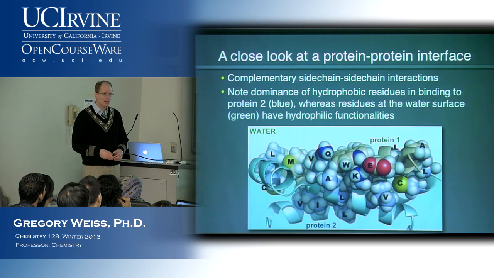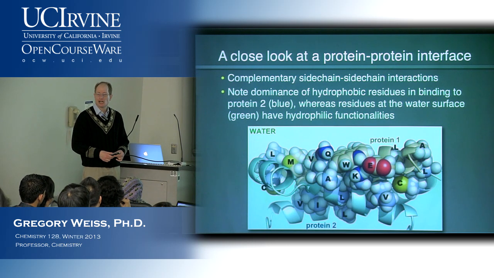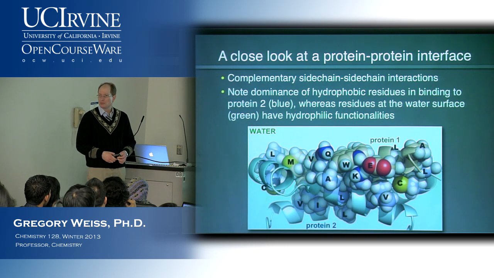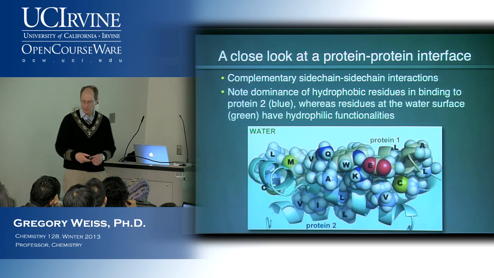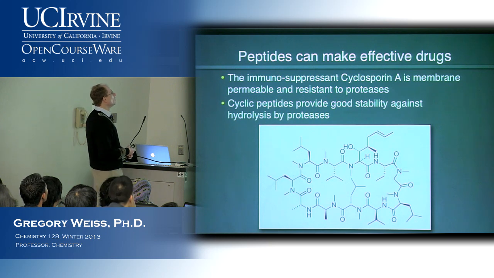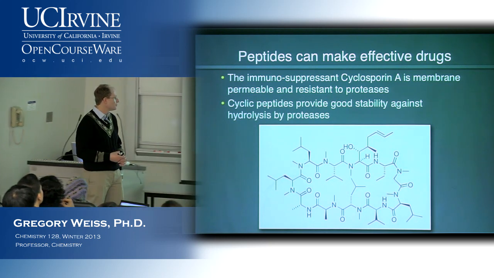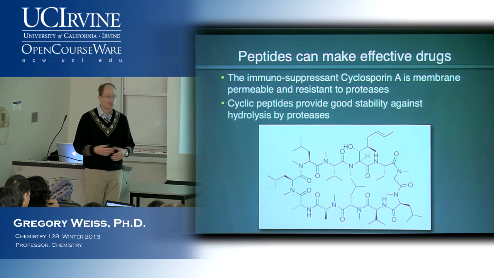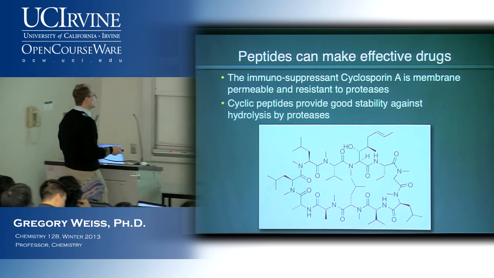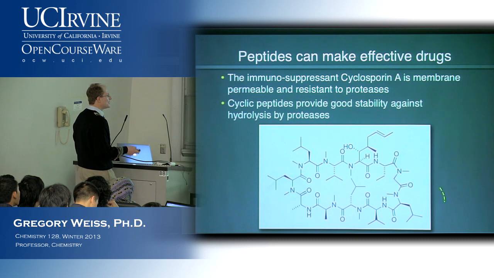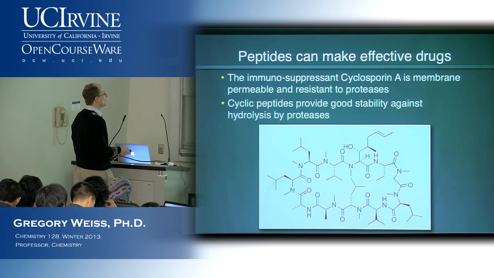We also alluded to this earlier in the quarter when we talked about the hotspot of binding energy, when we talked about non-covalent interactions. So this is kind of a concept that we've seen a couple of times now. Okay, I want to talk to you next about peptide structures and why peptides are useful, and then we'll get on to proteins. Okay, so here's an antibiotic called cyclosporin A.